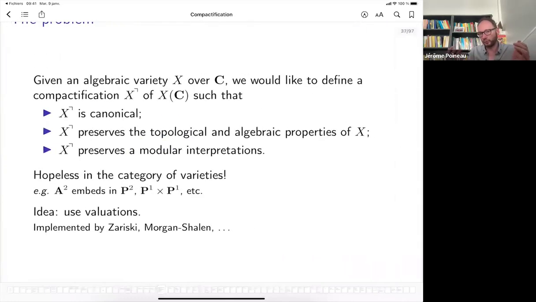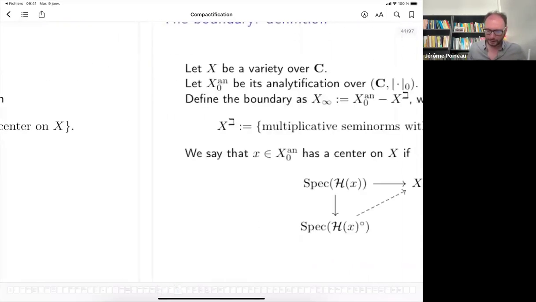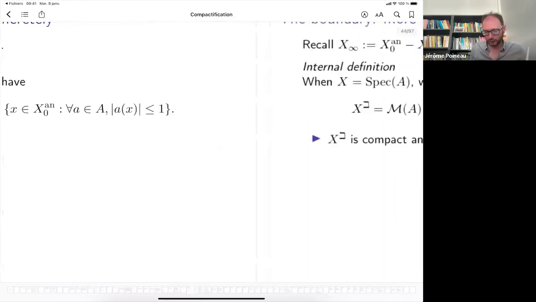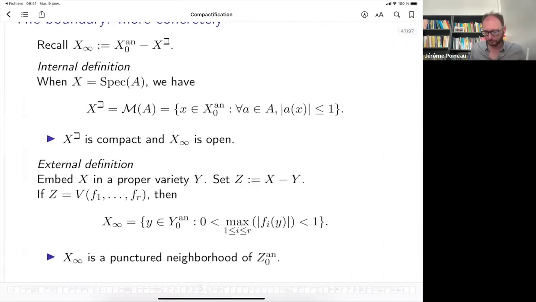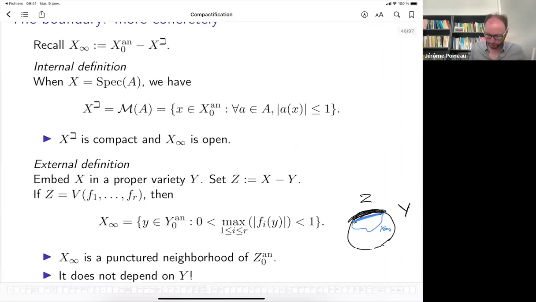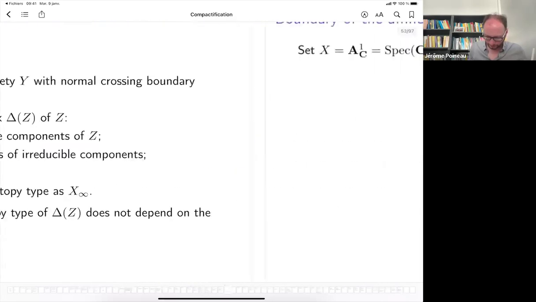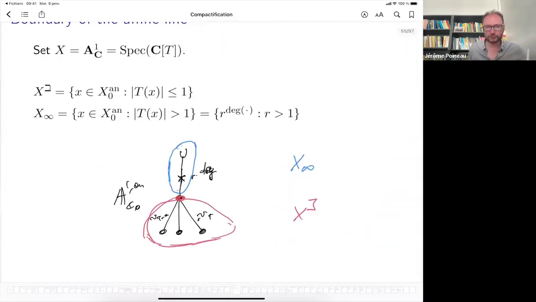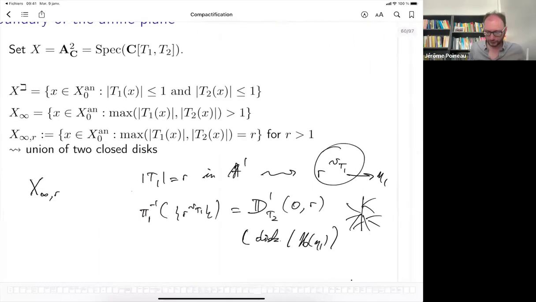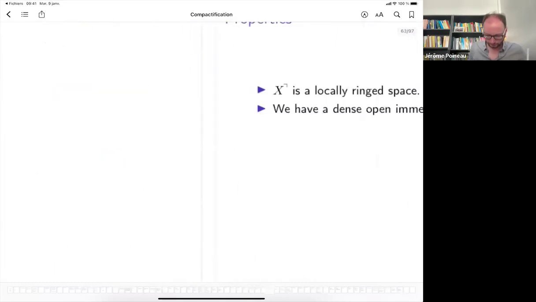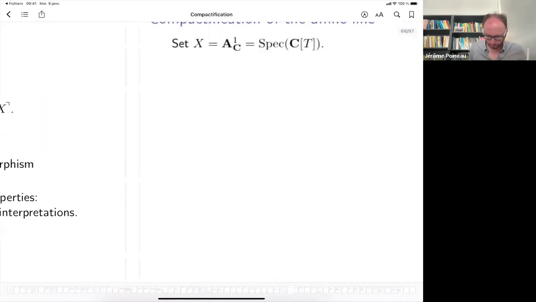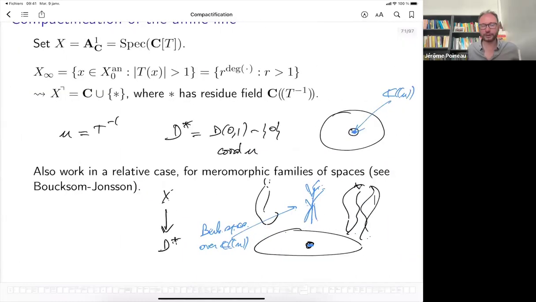In what I do, you lose some of the nice properties of proper varieties, mostly the fact that you don't have finite dimensional cohomology, but you get some information about the degeneracy. Probably here, this Boxton Johnson stuff. I had some picture, like that.